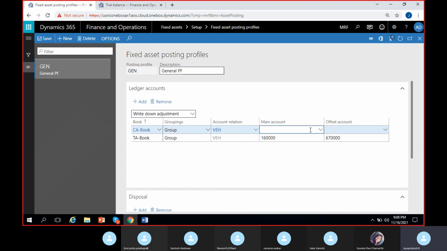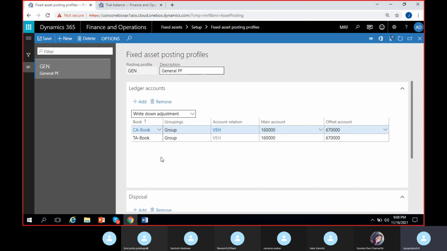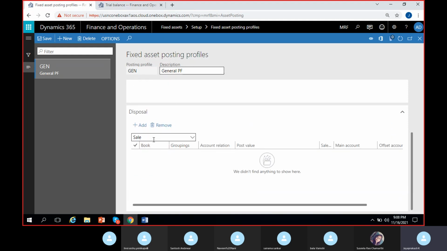vehicles. In the way that we are configuring for vehicles, we also have to configure for furniture and fixtures if you want to acquire any furniture and fixtures asset. So that we will do tomorrow. I'll show you again how, for furniture and fixtures, we'll configure the same kind of accounts tomorrow. In the fixed asset posting profile, we have two levels, one for the main transactions, another one here for